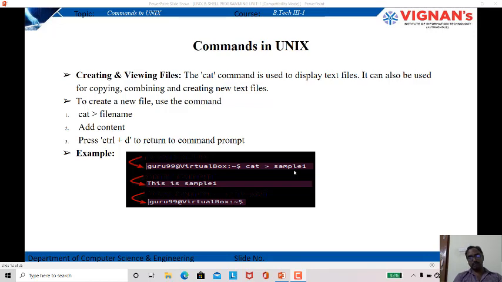Once I press enter, it will display an empty prompt, and you can type some content. What content have you typed here? This is sample1. So the file name is sample1, and the content is "this is sample1". Finally, you press Control D. Whenever you press Control D, it will display the empty shell prompt. Okay, so this is the basic creation of a file using the cat command.